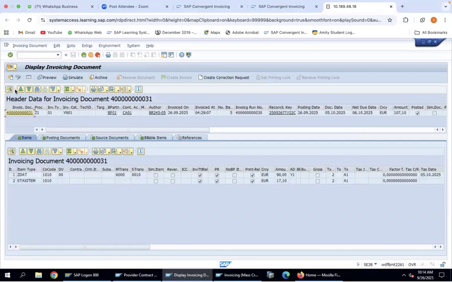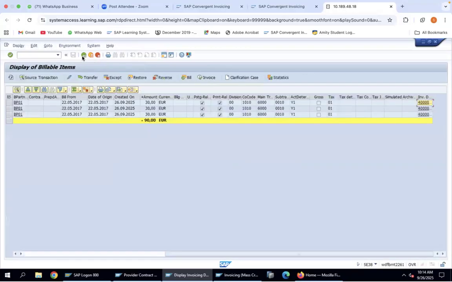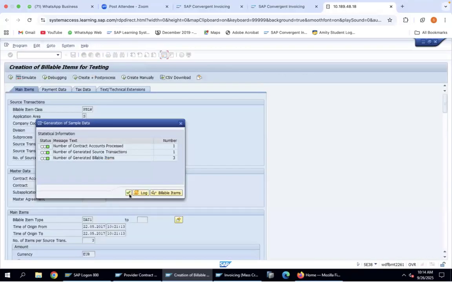Did you get your answer? Do you want me to show again how to perform invoicing? I can show you, it will take only a few seconds. So in order to perform invoicing,